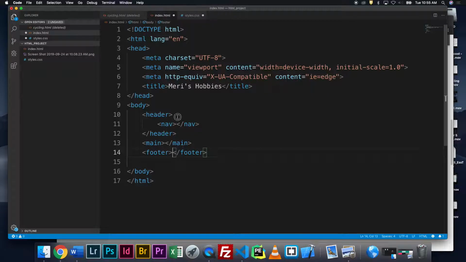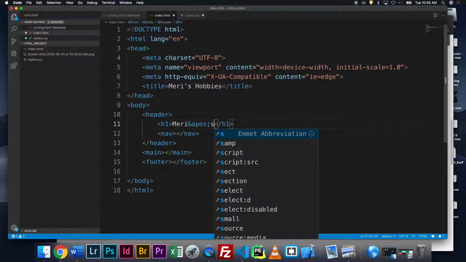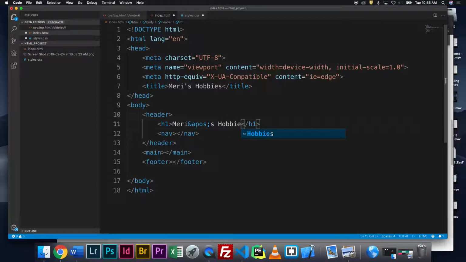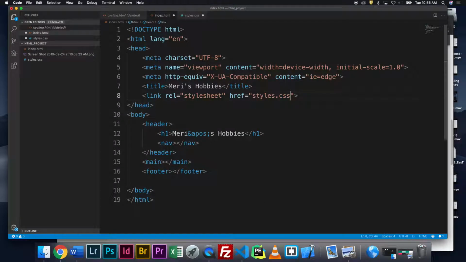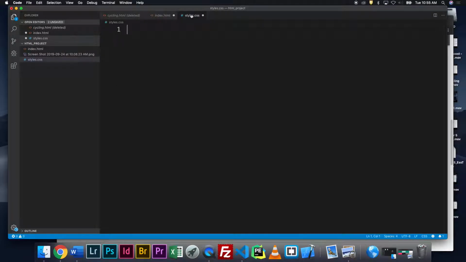And so in here, in my header, I'm going to add an H1 tag, and that's where I'm going to have Mary's, and this is where I use that symbol. And so I get this set up, and then I have to link to that styles.css page. So I'm going to do a link styles.css, and then I'm going to want to put in some basic styles to get me started to make sure